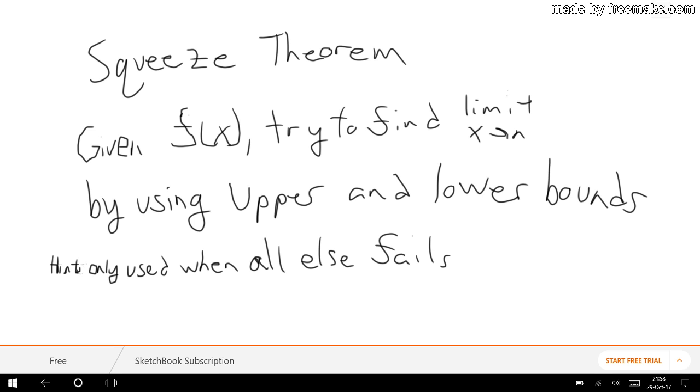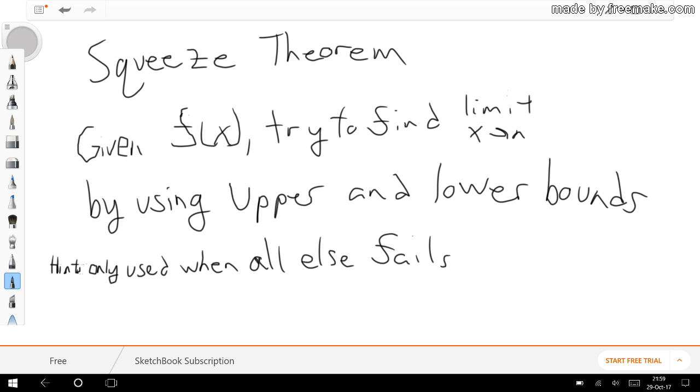Also, do not be discouraged if the first time you do the squeeze theorem, it comes out as indeterminate or if you don't get a clear answer, because that might just mean that you picked wrong bounds. And if you do get something like that, and I can show you an example of what that would look like, just try to redo it and do different bounds. So the first question that we are going to start with is,